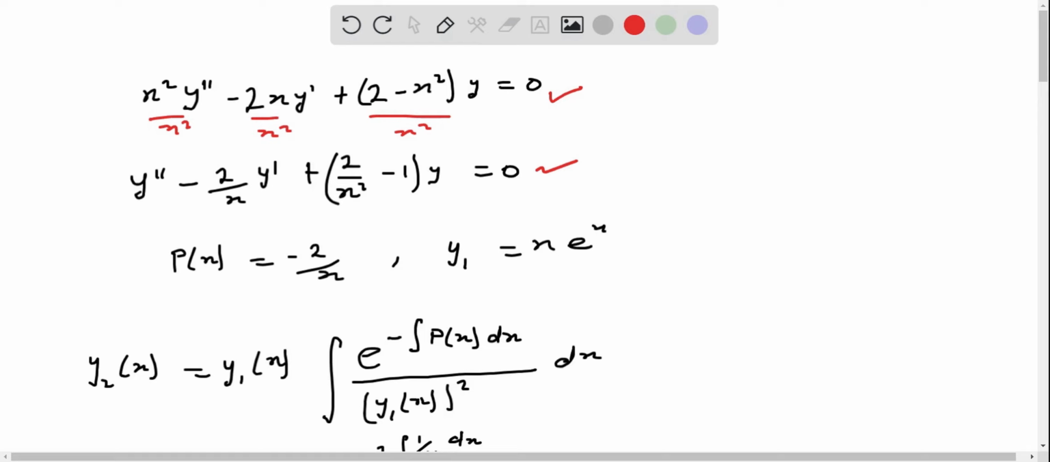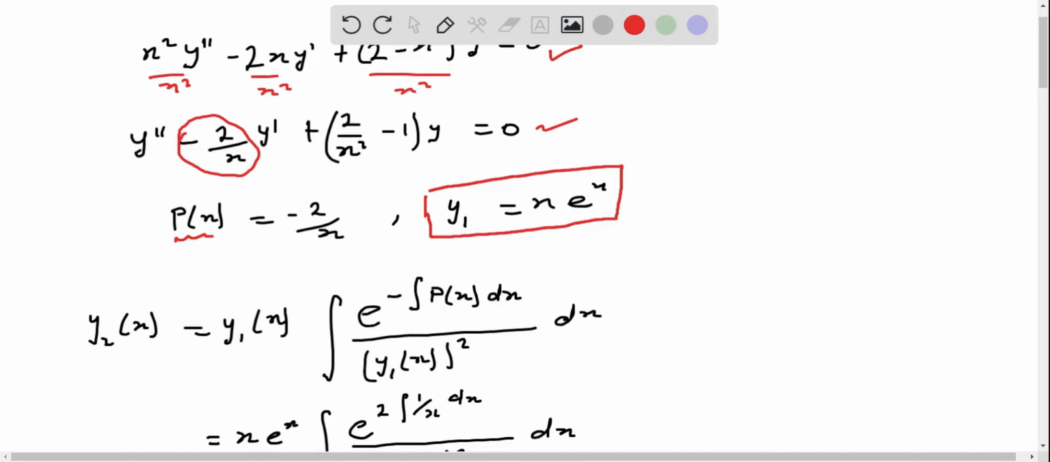So from here, p of x is the coefficient of y prime, which is this one here, right? And then y1 was given in the question as this, okay? So this y1, which is x e exponent x, all right? So to find the second